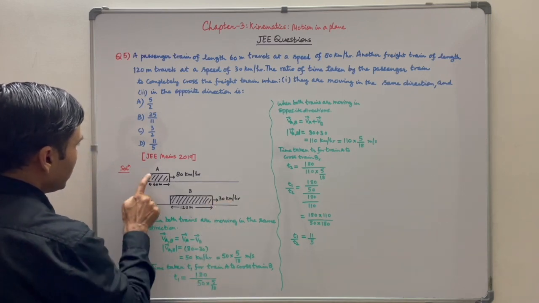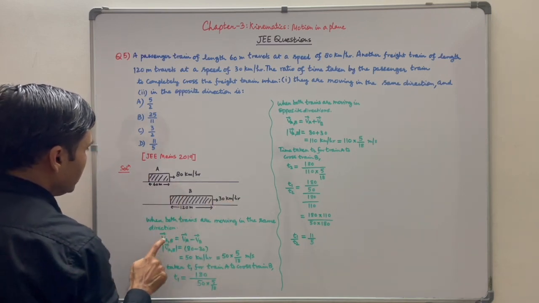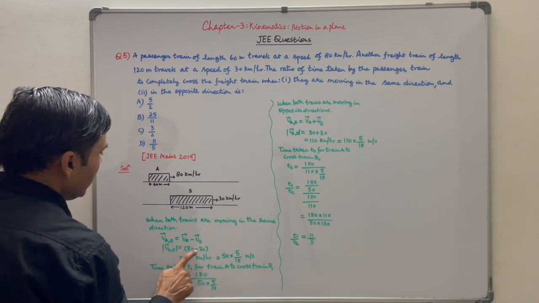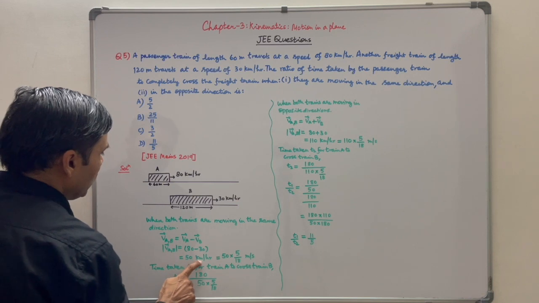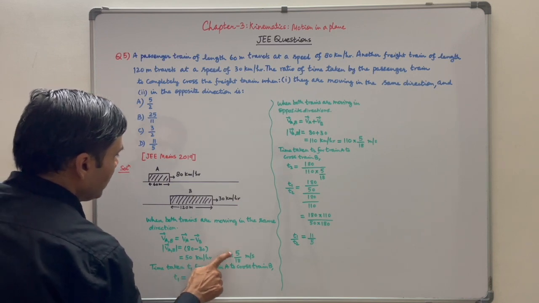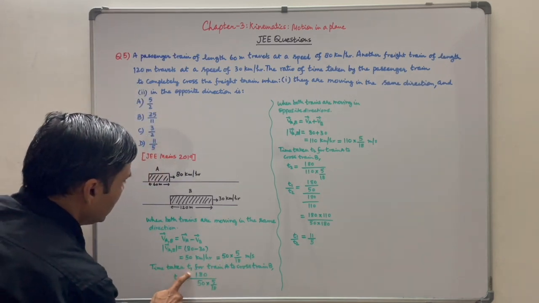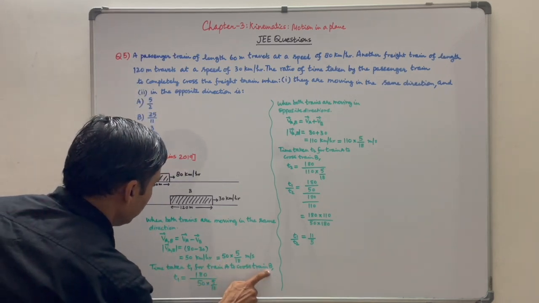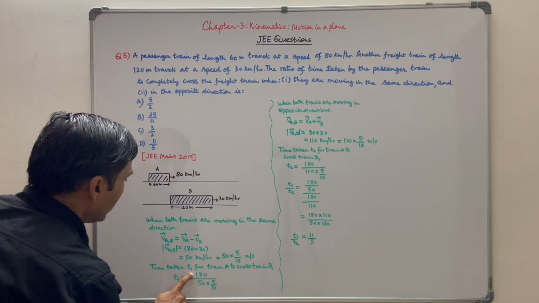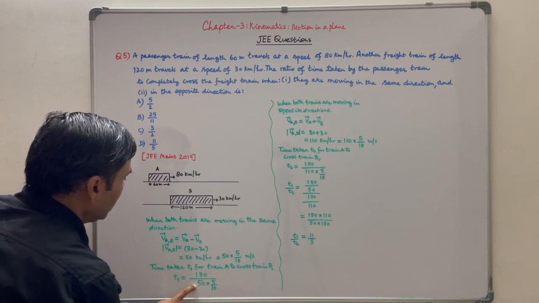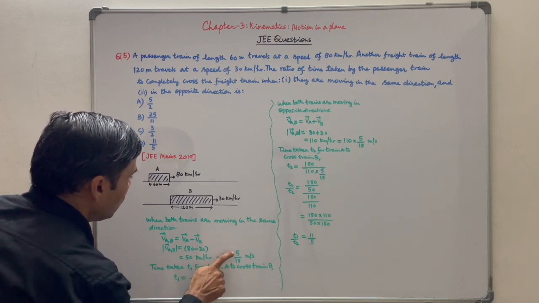So velocity of train A with respect to B is equal to VA minus VB. So magnitude will be 80 minus 30, that is 50 km per hour, or 50 into 5 by 18 meter per second. So time taken T1 for train A to cross train B, T1 is equal to 180, that is total distance traveled by train A to completely cross train B upon relative velocity,